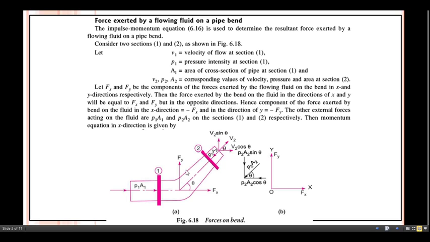Then the force exerted by the bend on the fluid in the x and y directions will be equal to Fx and Fy, but in opposite directions. Hence the component of the force exerted by the bend on the fluid in the x direction is minus Fx, because that acts in the opposite direction, and in the y direction we get minus Fy. The other external forces acting on the fluid are P1 A1 and P2 A2 on sections 1 and 2 respectively. The momentum equation in the x direction is given by